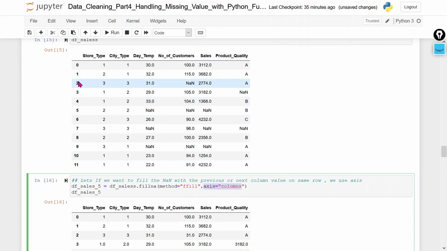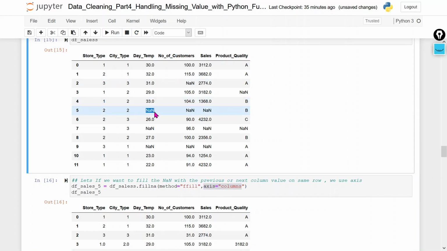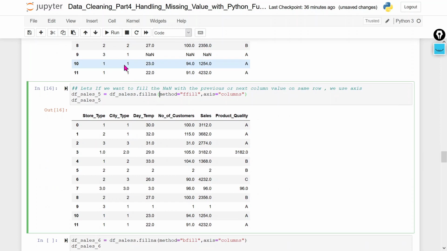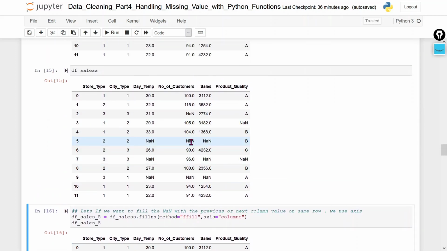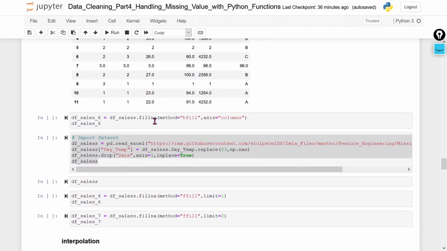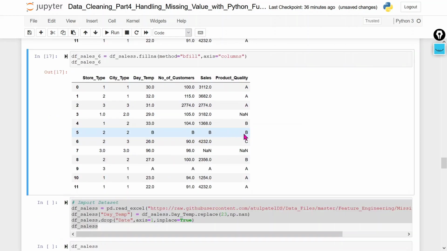It means row wise. If we have this nan value and we use the forward fill, in that case this nan value will be replaced with this 2 value, and this nan will also be replaced with 2. All these nan will be replaced with 2. Let's check it. You can see all the values have been replaced with 2. In the backward fill, just the opposite, in the same row, this nan will be replaced with this value, and all these 3 will be replaced with this p value. Let me run it. You can see BBB.